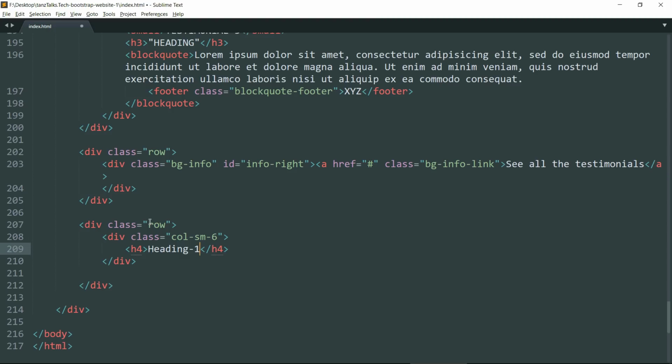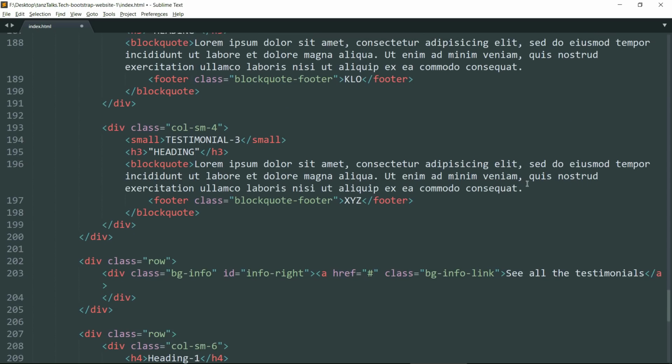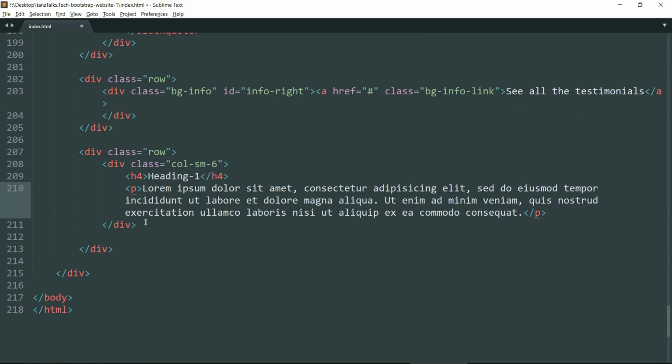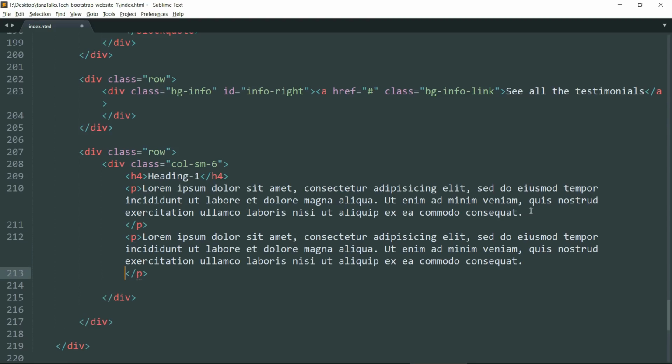Drop down and create a p tag now. Let me copy the text from above and paste it here. Then create one more p tag and paste the text once again.